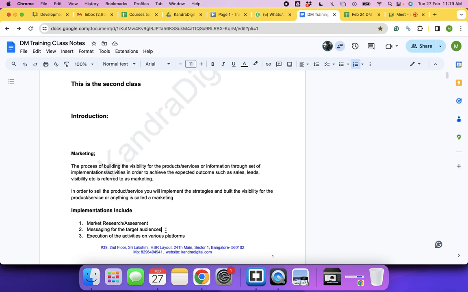See, and the implementation includes market research, messaging for the target audience. Messaging is not a WhatsApp message, sirs and madams. It's not a WhatsApp message. It's the communication. So how do you want to put it across? We are one of the largest training companies in the globe. That's messaging. The kind of message that you are giving to the people. We are the only company